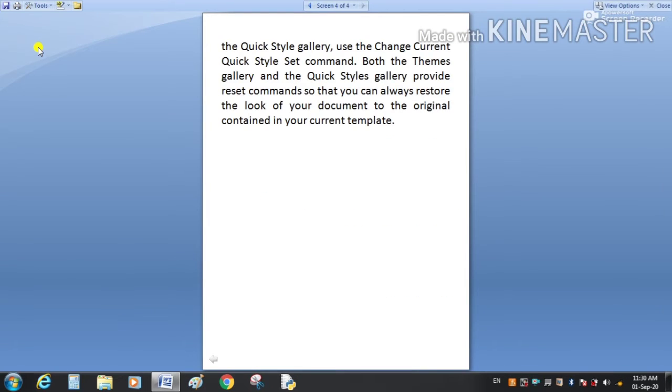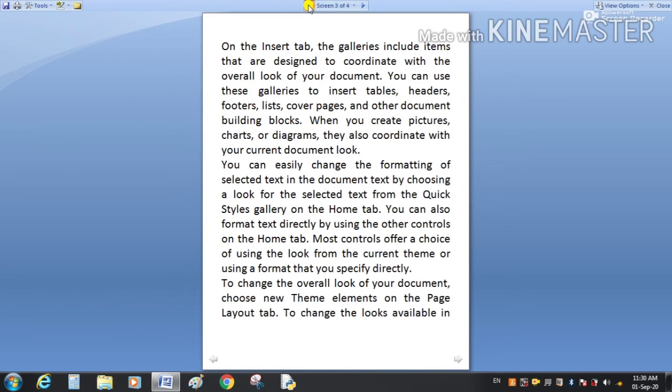When we click here, you can see now we are watching the document in a different way. This is our Full Screen Reading mode. This mode is used to view the document in columns. It is good for reading and it hides the ribbon. So we are not seeing here the various options provided by MS Word. All these options are hidden here.